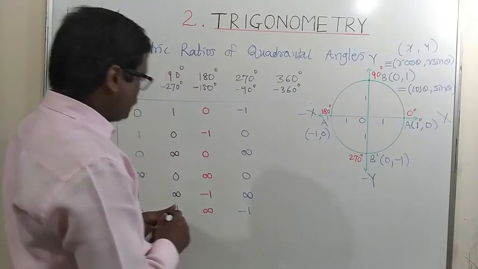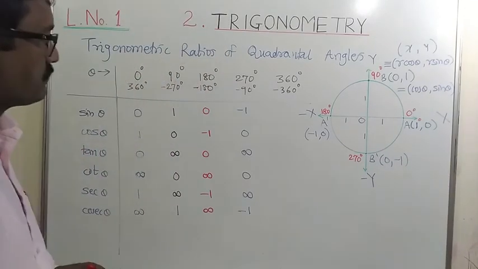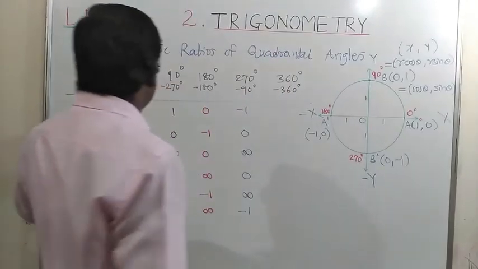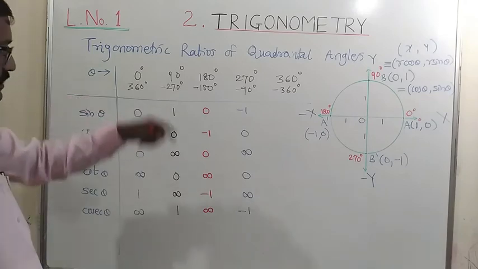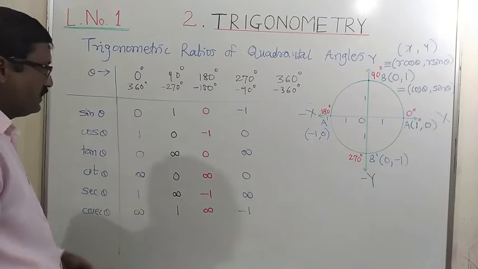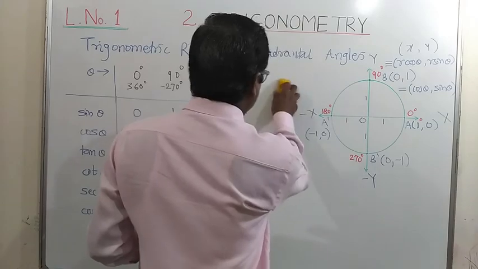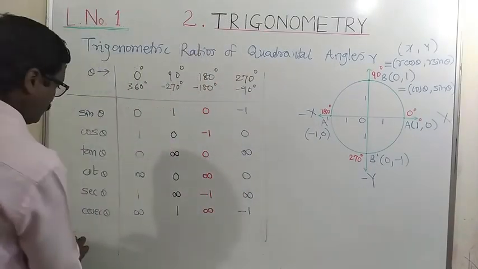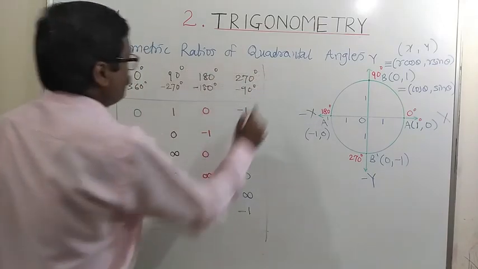Now the last one, that is 360. For this 360 degree angle, we are again at 0. So at 360, we get the same values for plus 360 or minus 360. So I think there is no need to write that column. The values will be once again 0, 1, 0, infinity, 1, infinity. Okay. So these are some particular angles here, and we have prepared the table for those. So you also first prepare this table and remember these values.